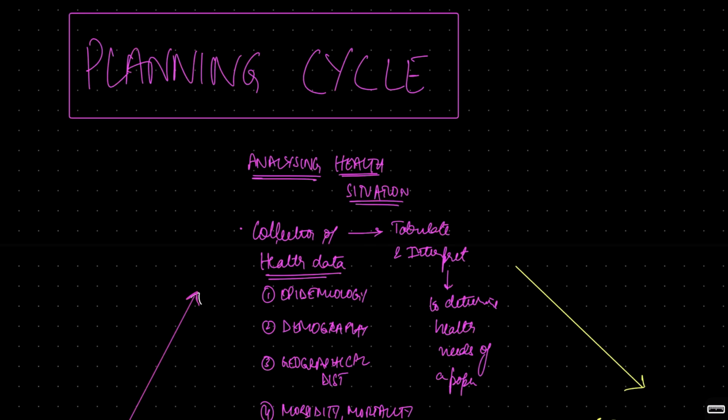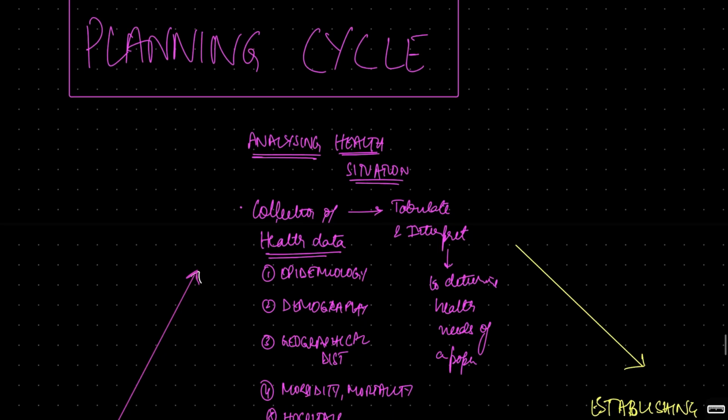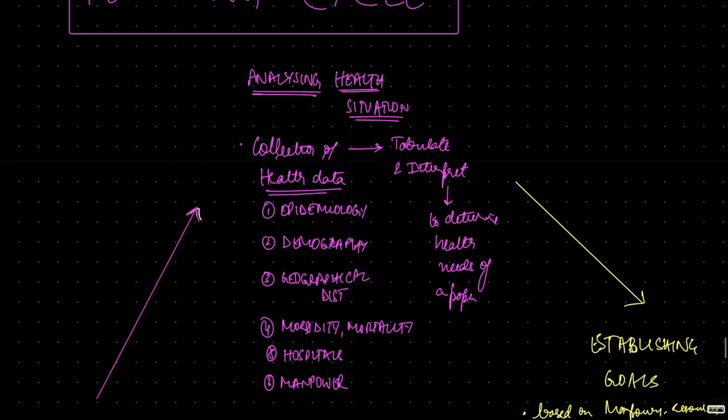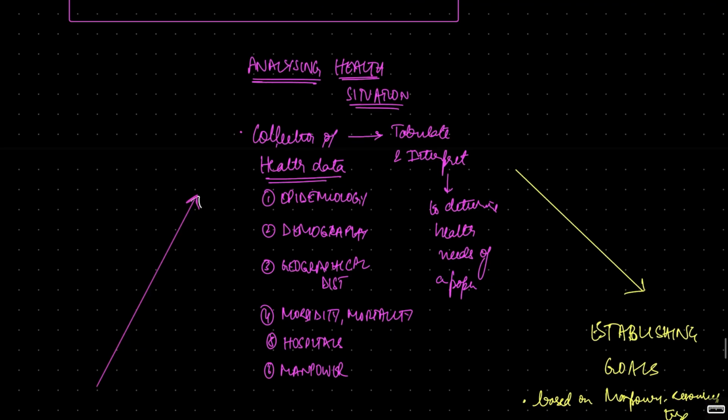So today let's cover a short but extremely important topic, that is planning cycle. So what is planning cycle? Whenever we are coming up with a health plan, it could be a health policy, a national health program, whatever it is, the cycle, how we come up with that health plan and how we implement it, that is known as planning cycle. So first of all, before we plan something, we need to know what is the health situation that is already there in that given area.